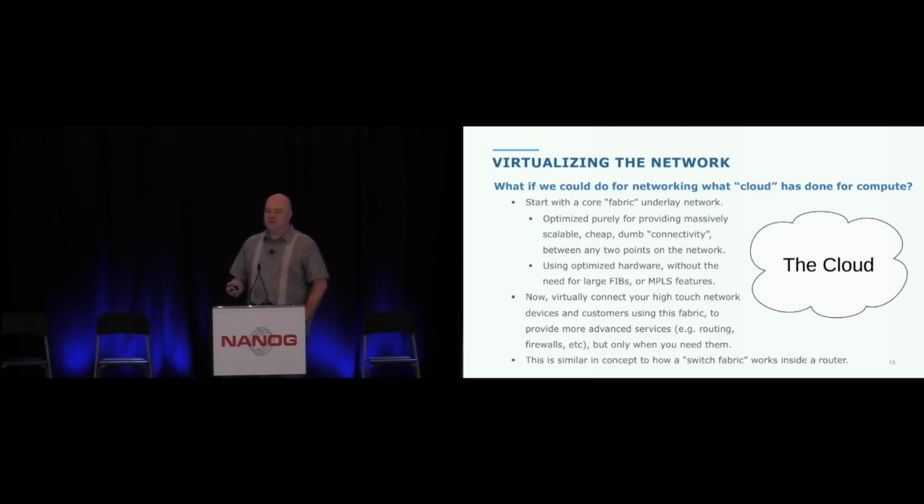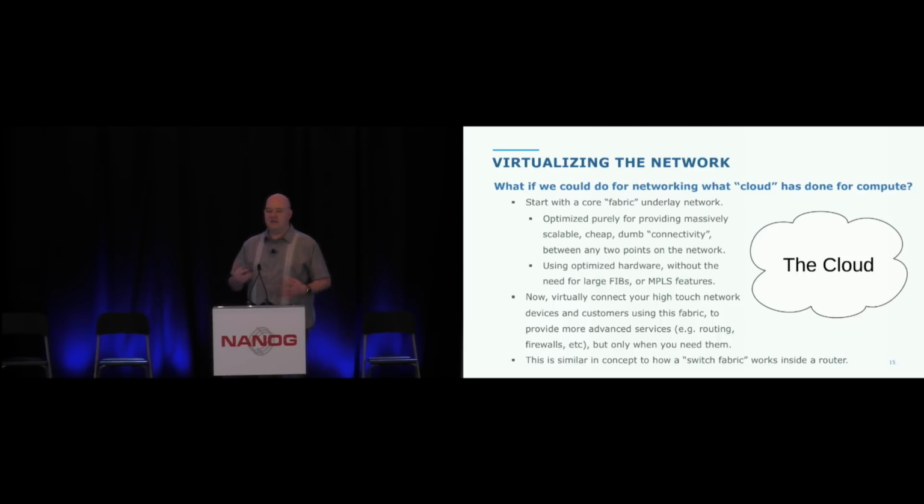So now when you want to build a service on top of that, you virtually connect all of your high-touch devices using this common fabric. So let's say that you have routers that speak BGP, that do peering, that do all this stuff. Now you only need these where you need them. So in that earlier example where I said there's 10 POPs in a metro, you don't need 20 full table devices. Maybe you only need 2 or 3 or 4. Some number for redundancy, some number for locality. You want it spread out for survivability. You want more than one, obviously. But you probably don't need 20. So it changes what you need.